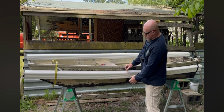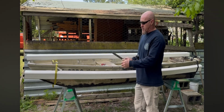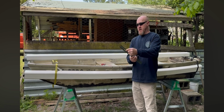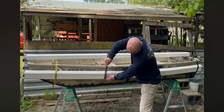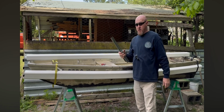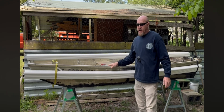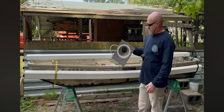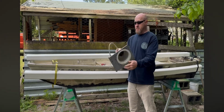Otherwise, you're just hanging on in the middle of this vinyl, and it may not be all that secure. So then I was going to take this angle iron and cut it off where it would fit inside like this. Cut it off, use that for a washer and a bracket. But I happen to have a junk pile, and in my junk pile I happen to have some of these old recessed lights that I got